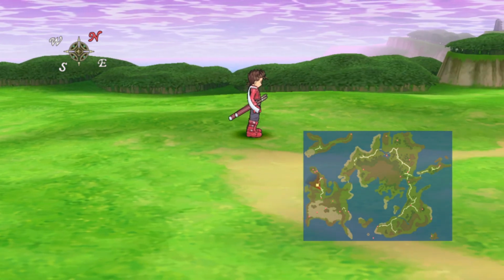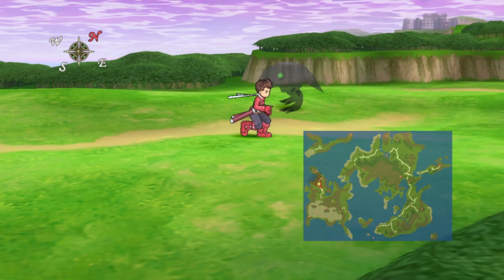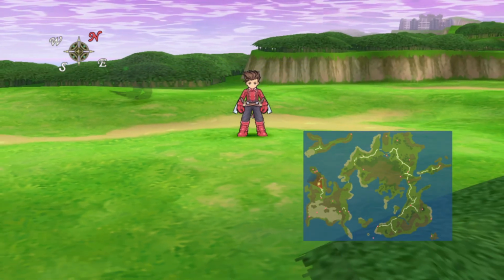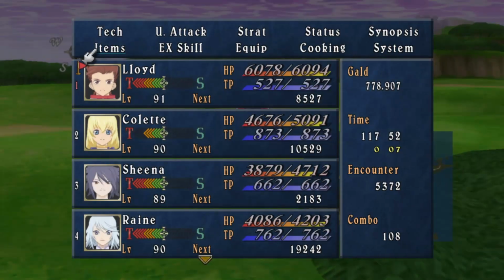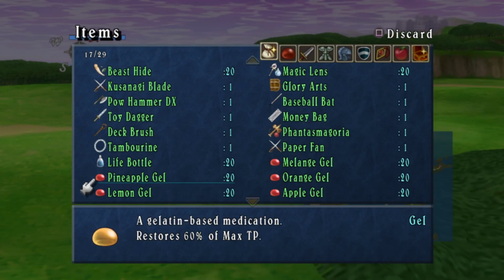Let's see. I also wanted... I want to say it was 500 points makes it so that you can carry up to 30 of every item in your inventory instead of up to 20. So I'll want that because that'll help for...